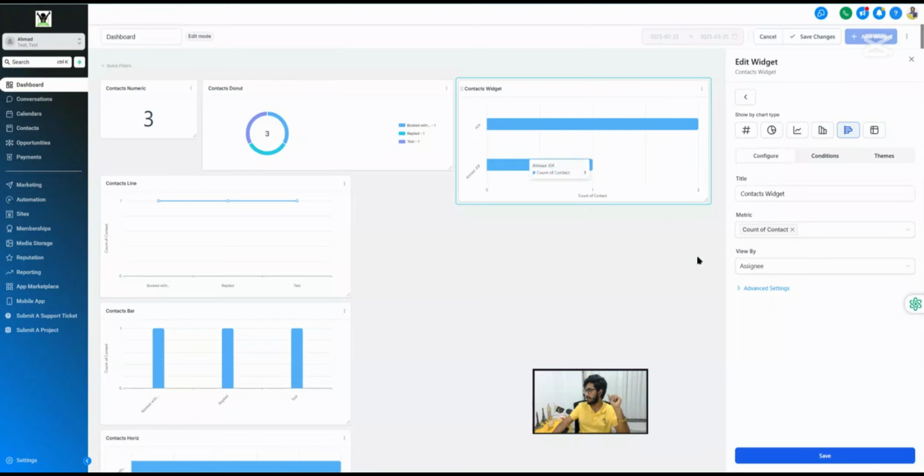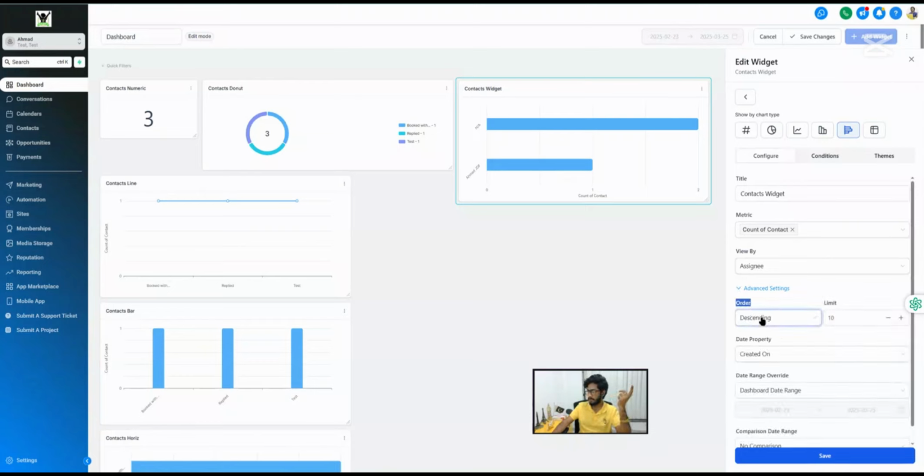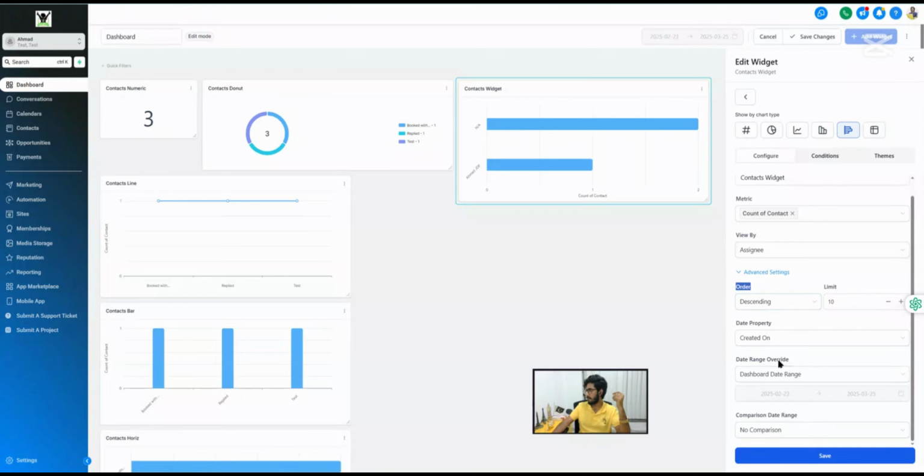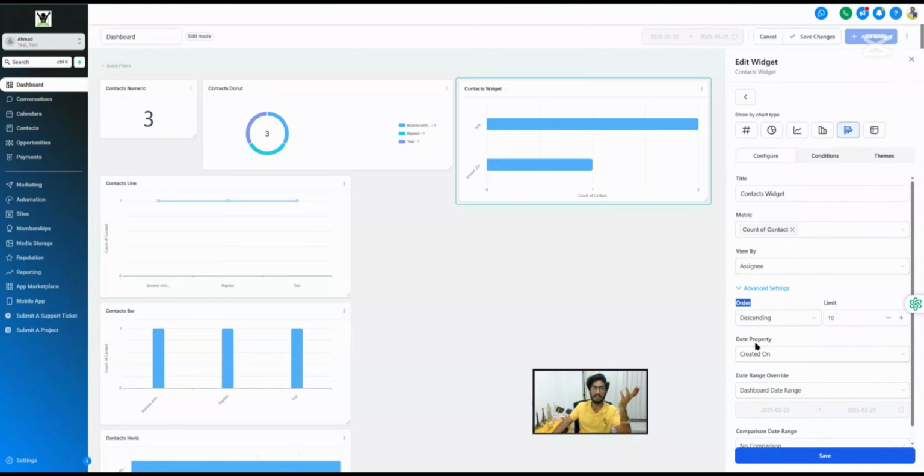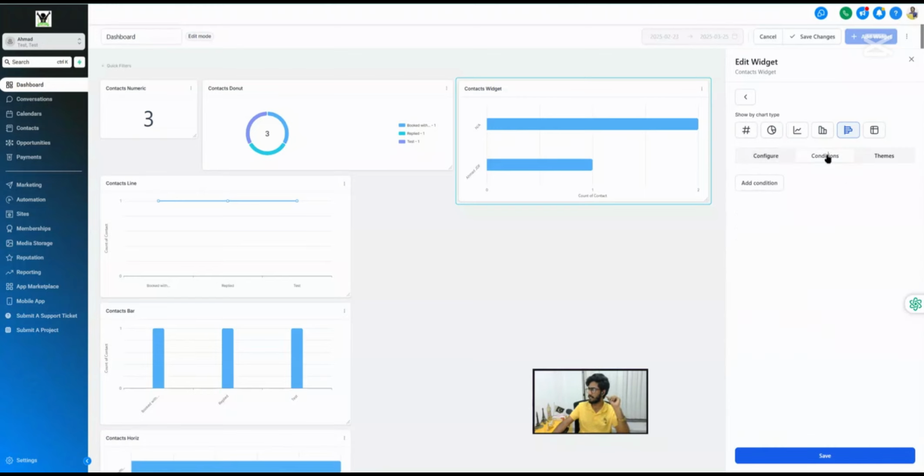And then under the advanced settings, it has the same settings, which means the order, you can switch between the different orders. And these are the settings that I have already explained. And then the same conditions, you can add any kind of condition. And if we go to table,